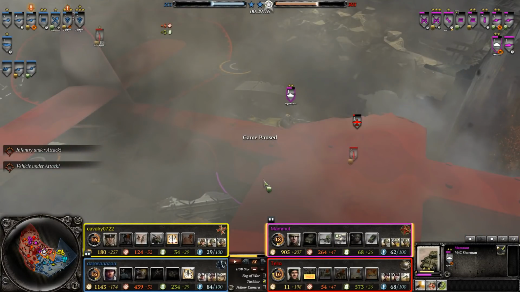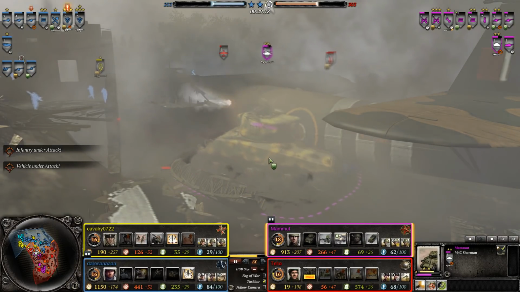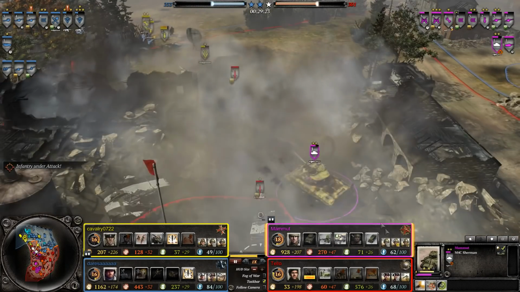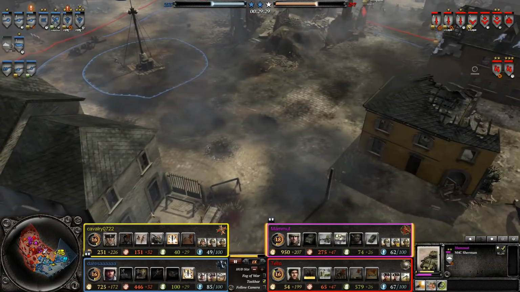Wait, is he stuck? Because that would be hilarious. That would be very funny. I'm not quite sure. Okay, no, he's not stuck. Still, like, the Allies could be getting such a huge superiority when it comes to armor, especially if Tello can